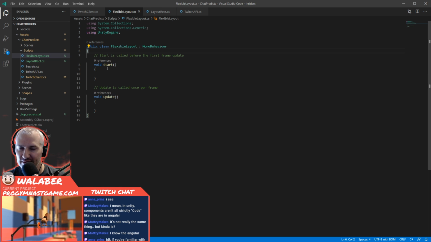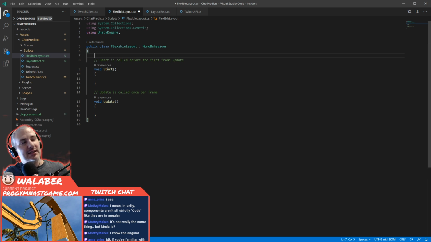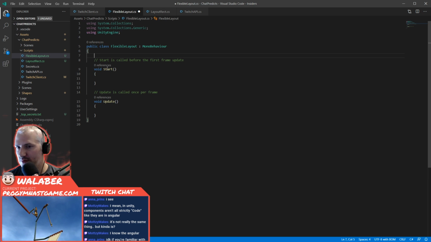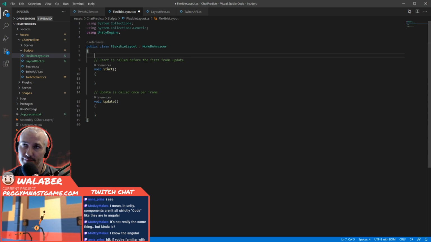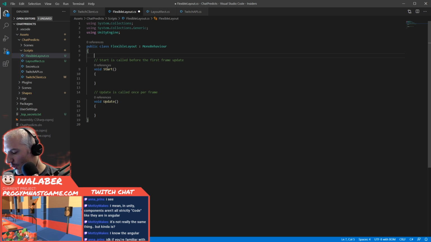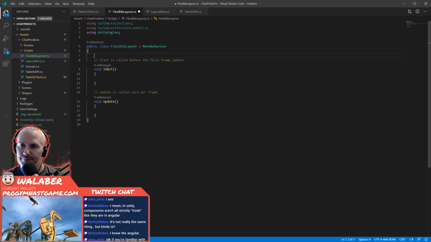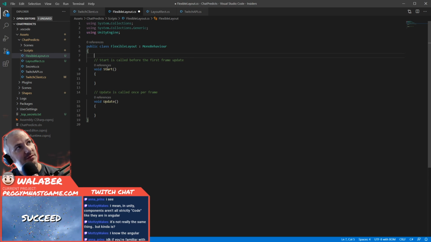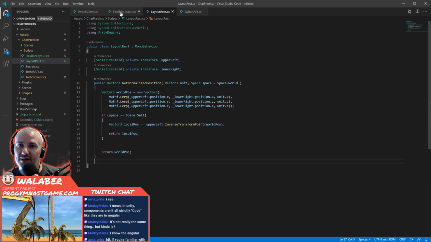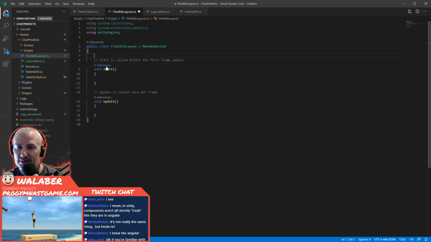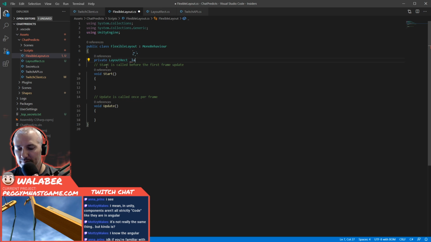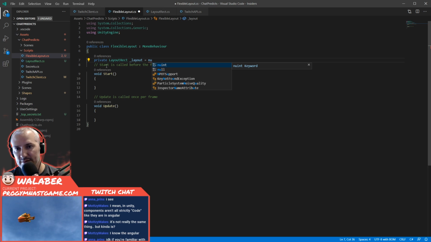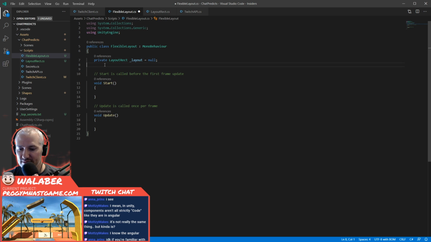and then this FlexibleLayout is going to be expecting a LayoutRect to exist above it in the hierarchy, I think is how we want to handle that. I think that's how we want to do it. And then I guess what it'll do is it'll actually place itself based on that. If the LayoutRect is above it in the hierarchy, then we're going to want this to be, okay. So we're going to say private LayoutRect layout is null, and then we're going to have some cases here where this can